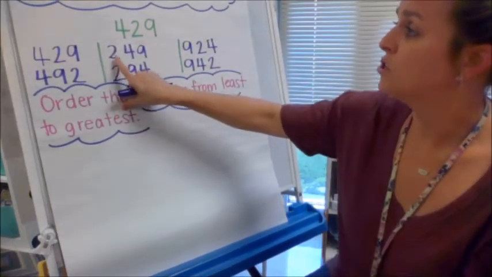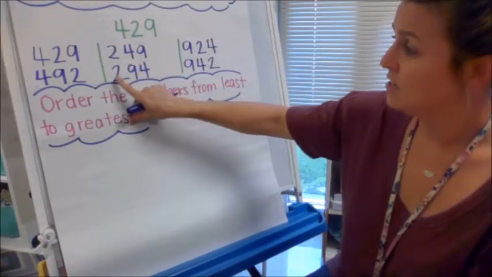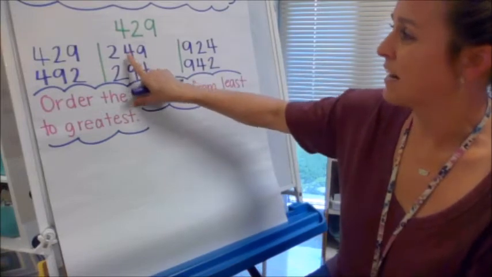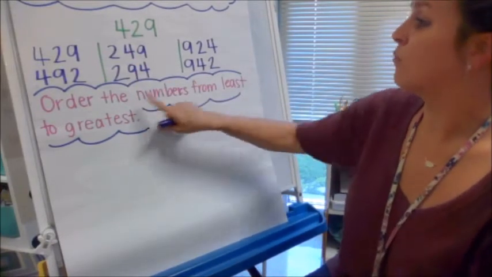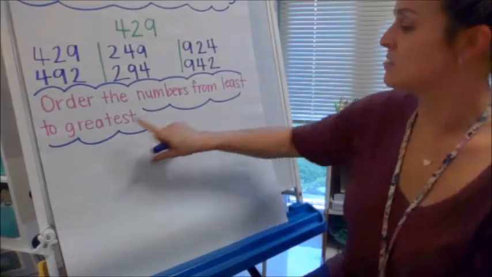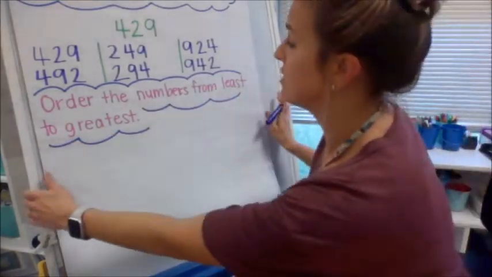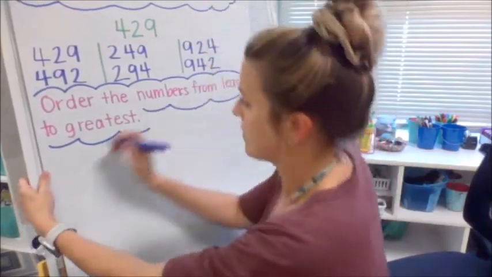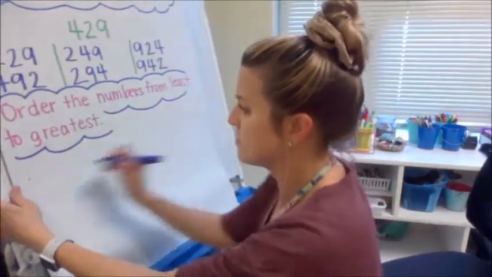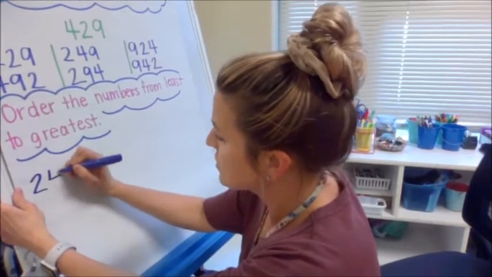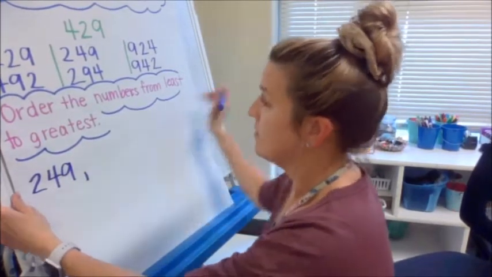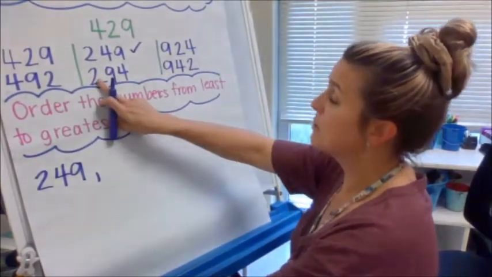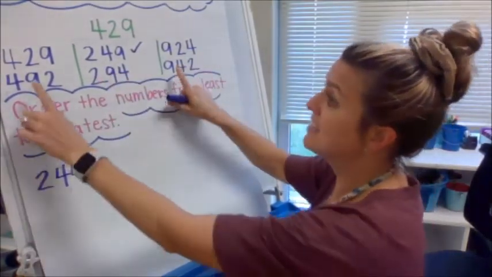So I have 249, 294. So I know that 4 is less than 9. So if we're numbering the orders from least to greatest, I know that 249 is going to be the first number that I write. 249. So then I know my next number is going to be 294